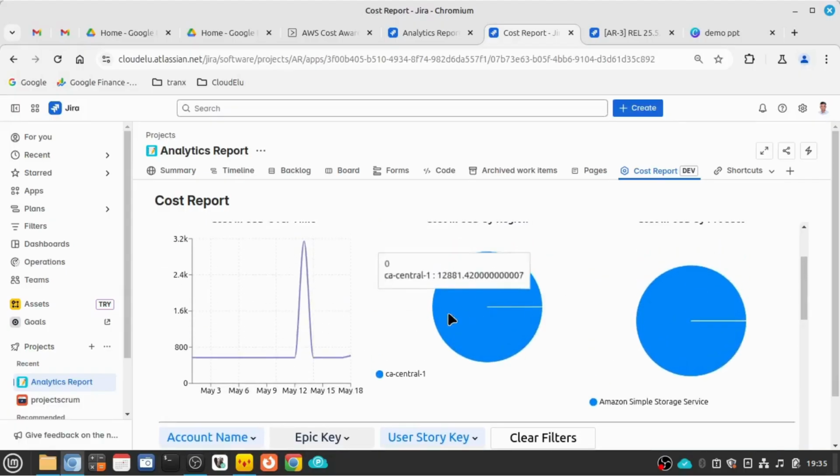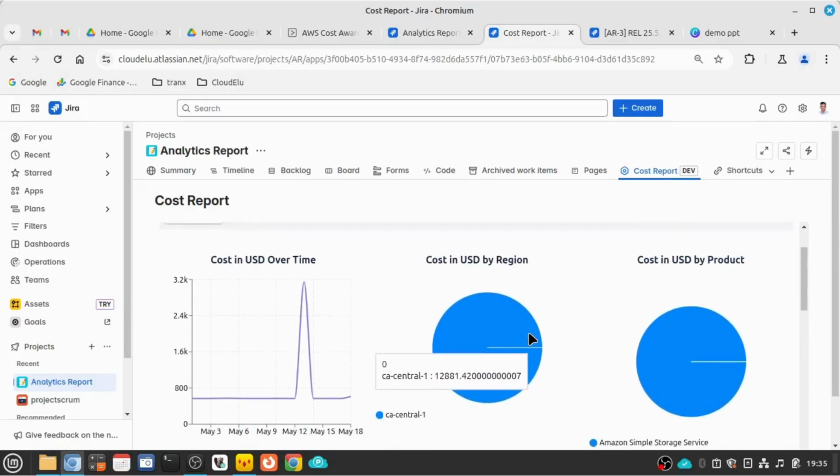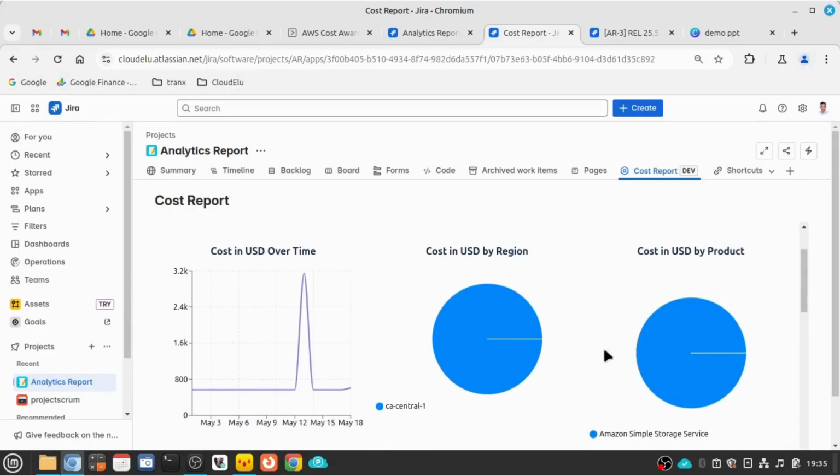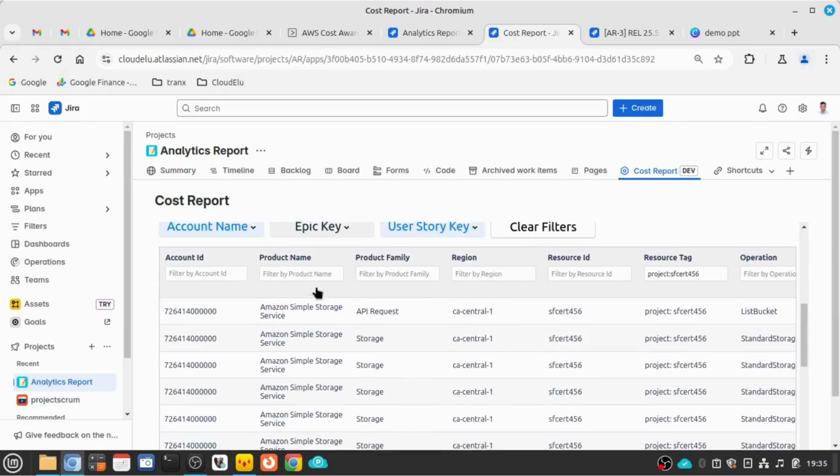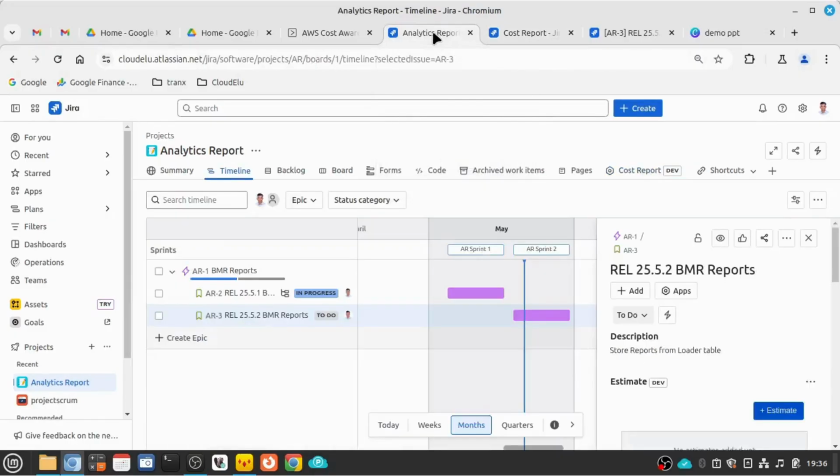Now there is also a graphical user interface, like an analytics dashboard, which will pretty much tell me what is the daily cost and what is the cost split by region, cost split by product, and I can filter the name, so I can sort it. I can do all this sort of analytics, and then basically try to figure out what is causing me this problem. So once I figured it out,